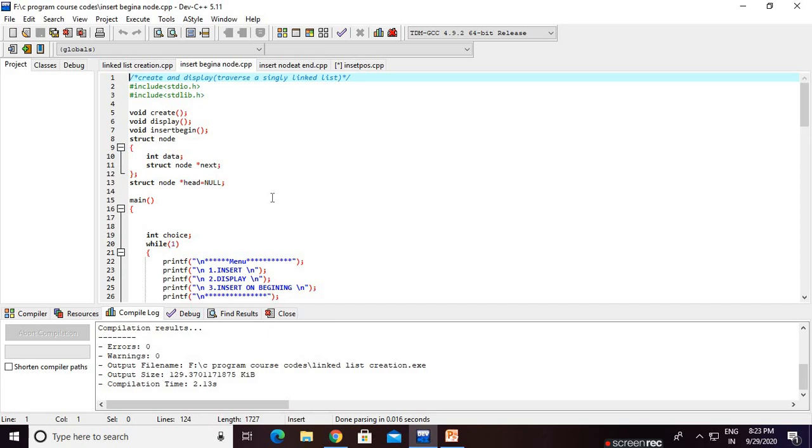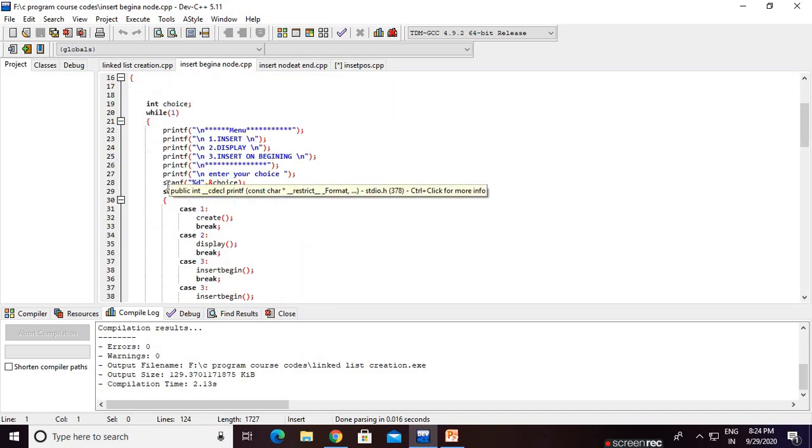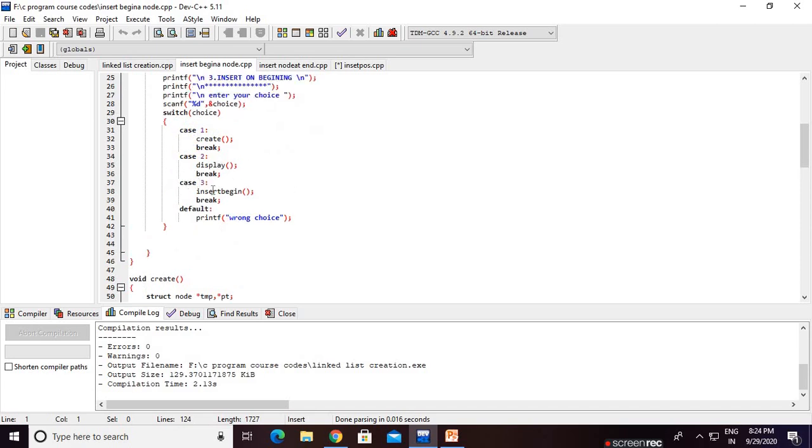That's why we require a function, declare a function void insert begin. So total three functions: void create, display, and insert begin. I will not discuss what a structure is, how to define a structure, or the switch case. Just what is modified from my previous code.